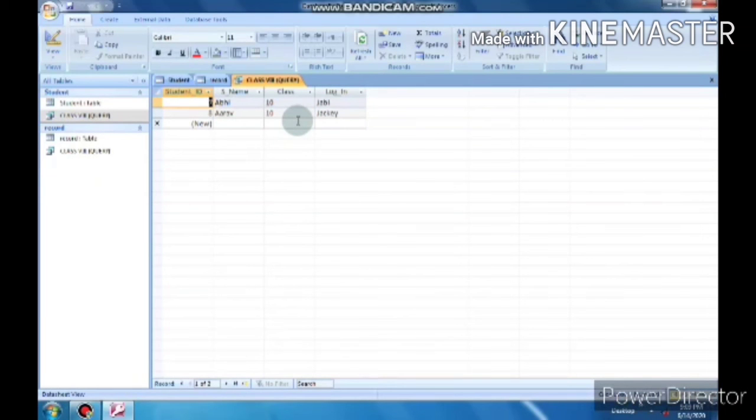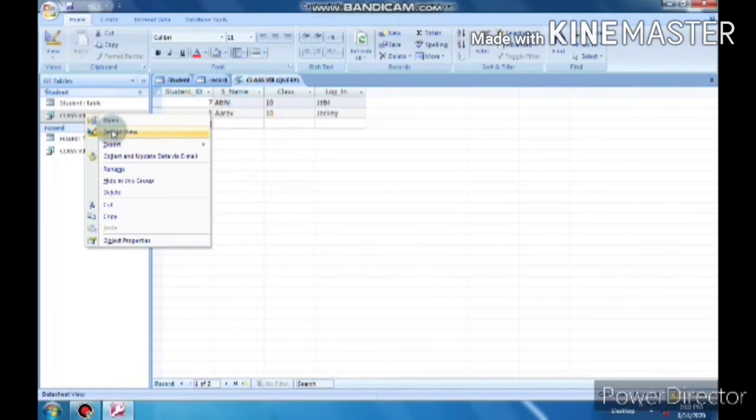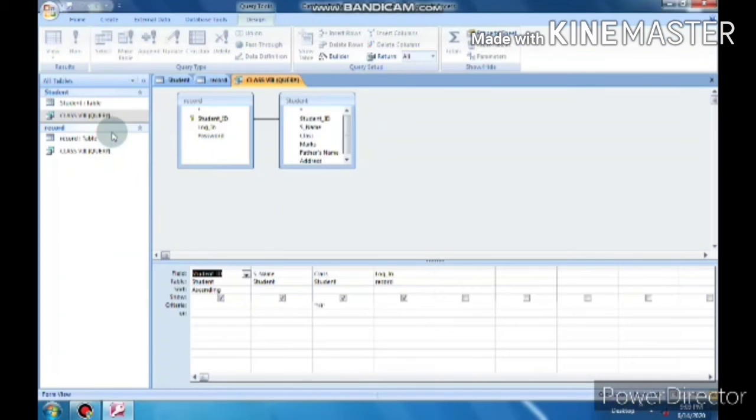Now next is how can you apply more than one condition. Open design view of the query. For example, I want to apply two conditions now. I want to see the records of students who are in 10th class or in 12th class. So 10th I have already given here.